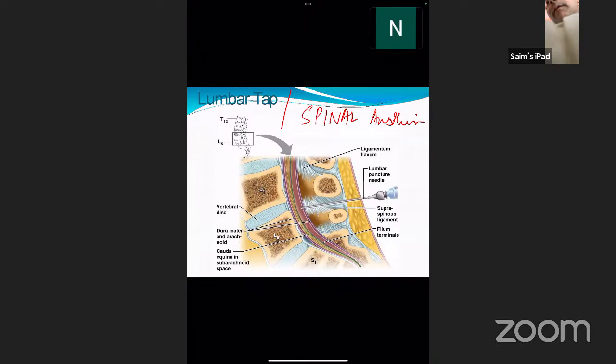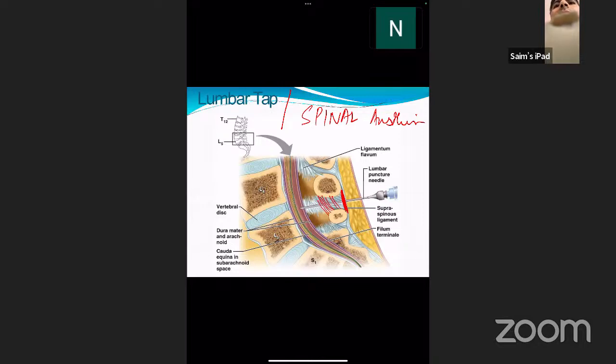We usually prefer between L4 and L5, while in case of adults we can give between L3 and L4 and L4 and L5 also. So what we do, we insert a needle from the skin, so we pierce the skin, superficial fascia, then the supraspinous ligaments, यहाँ पर कुछ supraspinous ligaments होते हैं, वो उसको pierce करते हैं। फिर कुछ interspinous ligaments होते हैं, इनको pierce करते हुए, we reach further downwards and